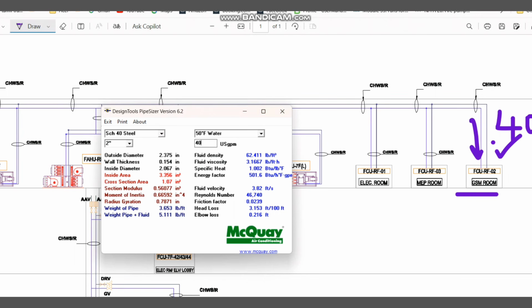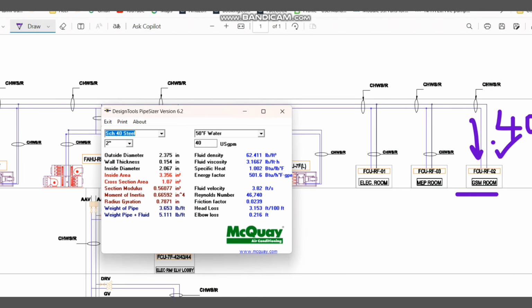So first, if you see the pipe size, the pipe material will come here. You can see the copper pipeline type K, L, M copper, the PVC pipe, ABS, and there are different schedules available for the steel pipe. For carbon steel, that means for the chilled water application, normally we are using schedule 40. I posted a separate video on how to size the pipe thickness. If you have not watched that one, please have a look at it. So schedule 40 steel we are using for the chilled water pipe sizing.